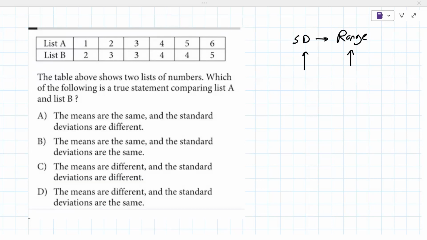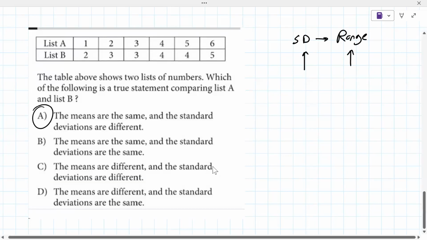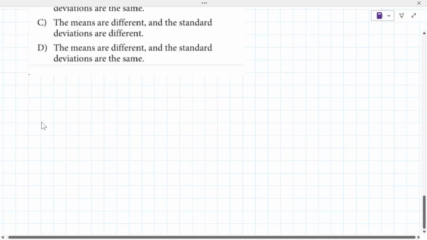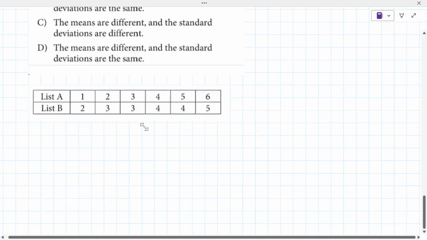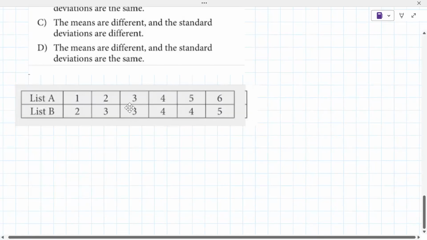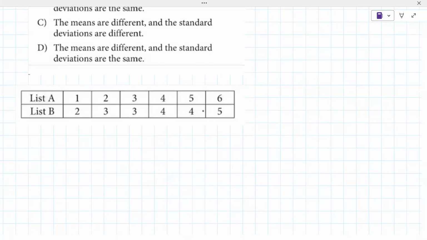So the means are the same for sure, and because the ranges are different, the standard deviations are different. Now, if you actually calculated the mean, you're not alone. Most students do that. You really only care whether they're the same or different, and these problems are greater than. So the quick way to find the mean is to cross out the numbers that are the same,